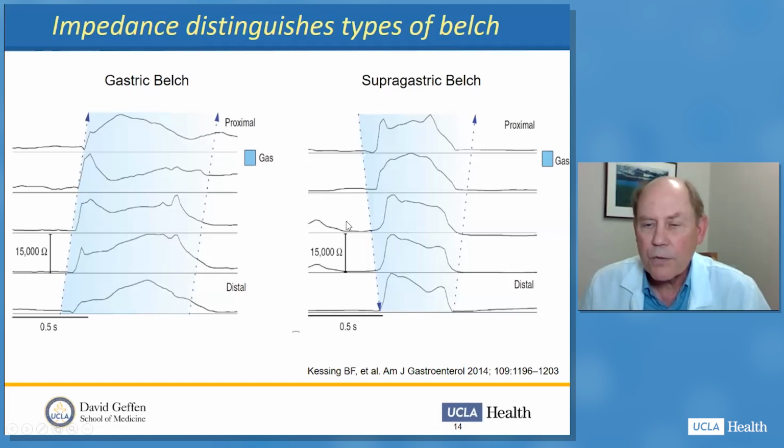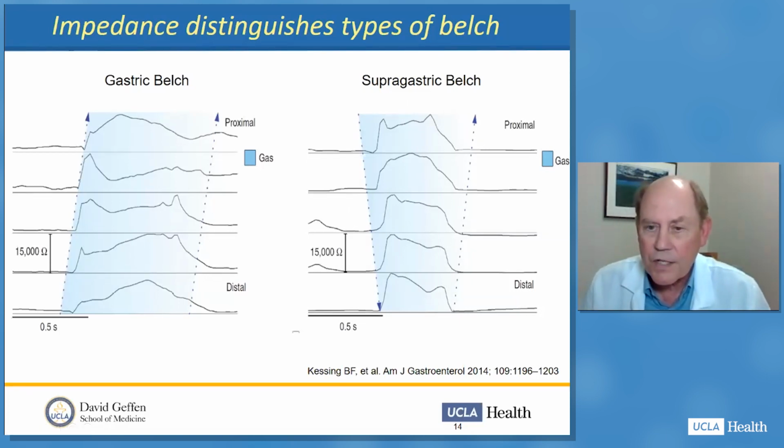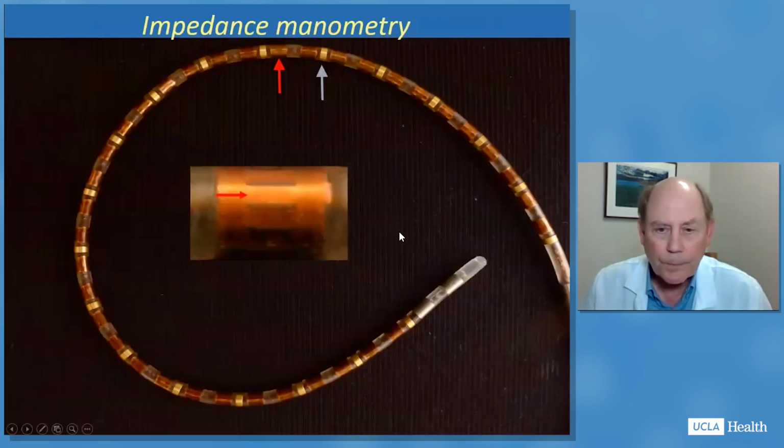So I'm sure we've all seen these people. They're a little bit difficult to manage, but we can use this technology to help us sort out whether belching is gastric belching or supragastric belching, because their treatments are quite different. This you might try to treat with baclofen. This we treat primarily with a sort of a biofeedback technique. So that's impedance